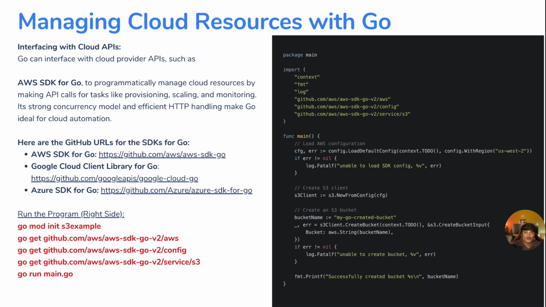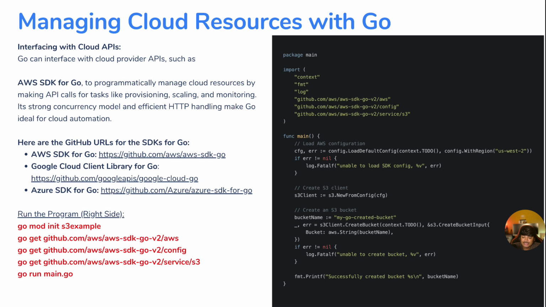I mean, you can go to the particular cloud console and do that manually, but we don't do that in our production. We do it with the Cloud SDKs. Okay, and just to give you a bit of view of that, Go can interface with the cloud provider using cloud APIs or SDKs. For example, we have the AWS SDK for Go, and similarly we have the Google Cloud Client Library for Go. Similarly, we have the Azure SDK for Go, and I have given the link in the slides,